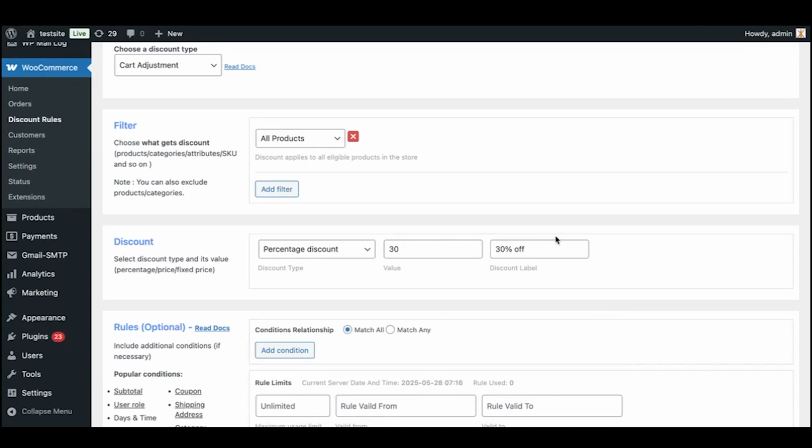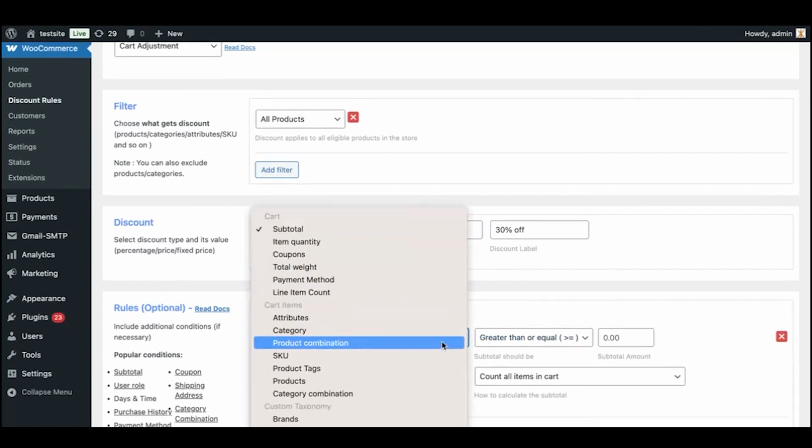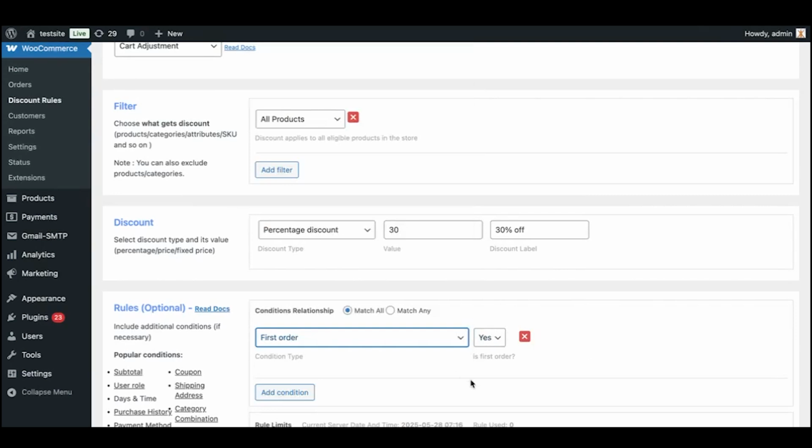That is it. Now to set this discount only to first time users, this is where the conversion happens. So let's click on this add condition, and from the drop down below choose first order. Yes. All right. So this will automatically check when customers enter the email at the checkout. The system checks for orders against that particular email, and if no order is present previously, then this particular discount gets applied.